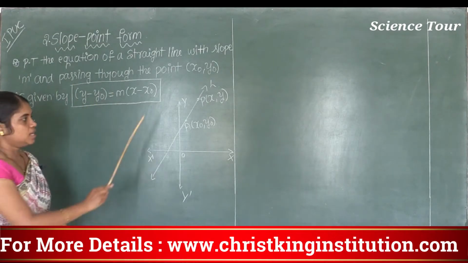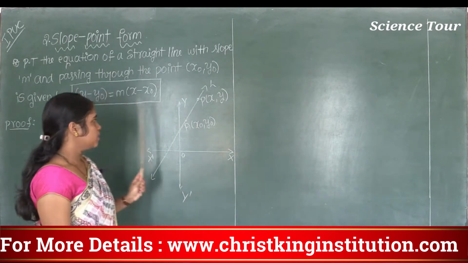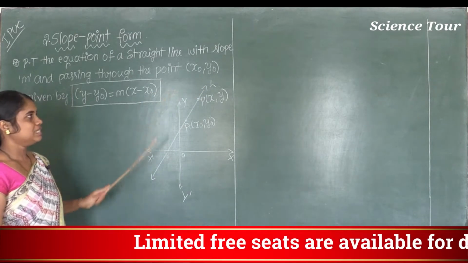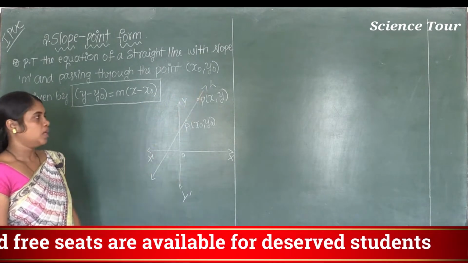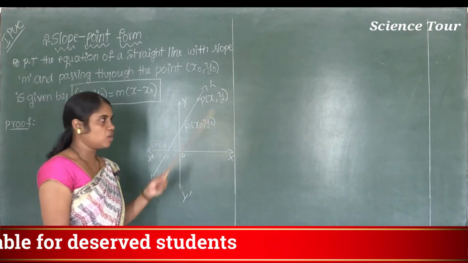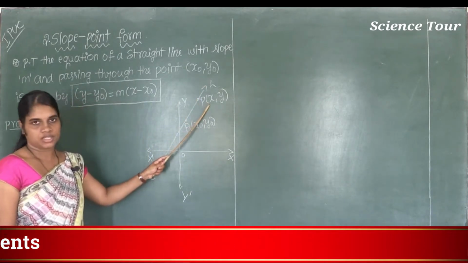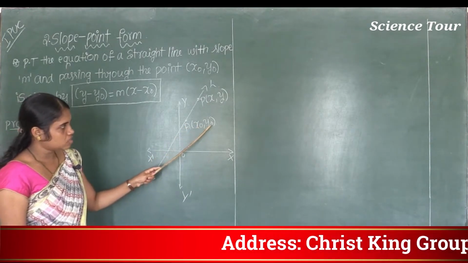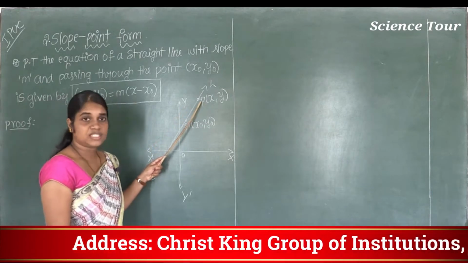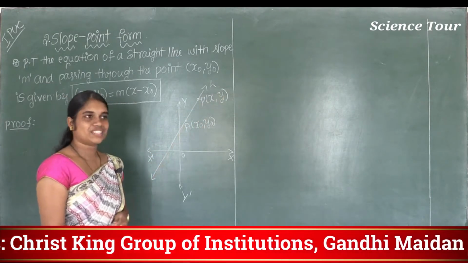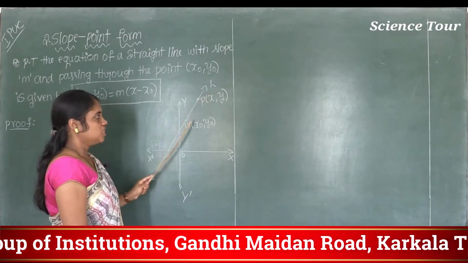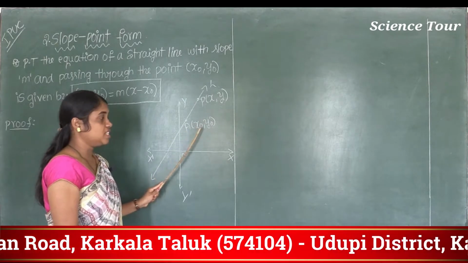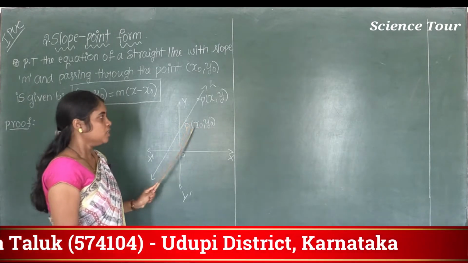See here, this is a figure. I have considered a coordinate system, x axis and y axis. I'll consider one straight line L. Students, you can observe here that on the line L there are 2 points, isn't it? The first point, capital letter A, whose coordinate is x naught comma y naught, and the second point is P, whose coordinate is x comma y. Among these 2 points, capital letter A, that is x naught comma y naught, is known as a fixed point.